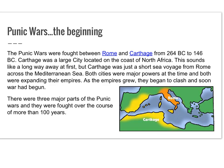Punic War is the beginning. The Punic Wars were fought between Rome and Carthage from 264 BC to 146 BC. Carthage was a large city located on the coast of North Africa, as seen in the map below. This sounds like a long way away at first, but Carthage was just a short sea voyage from Rome across the Mediterranean Sea. Again, you can find Carthage at the bottom and Rome just a little ways across the Mediterranean